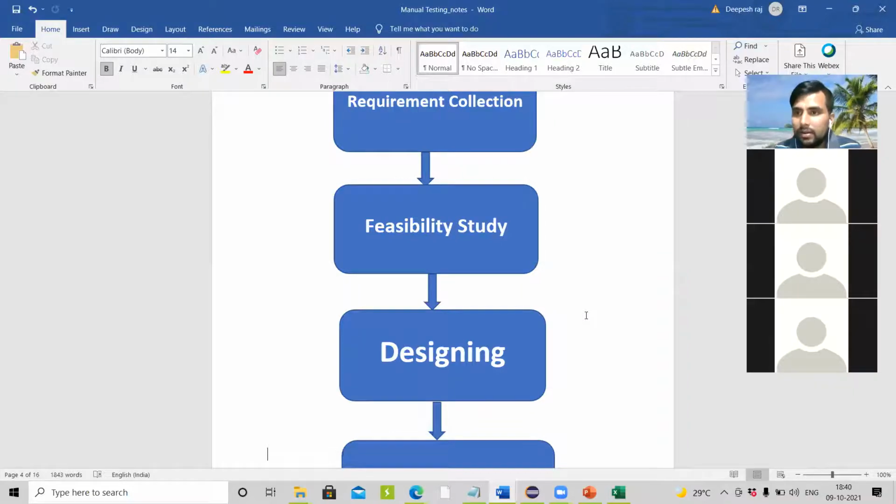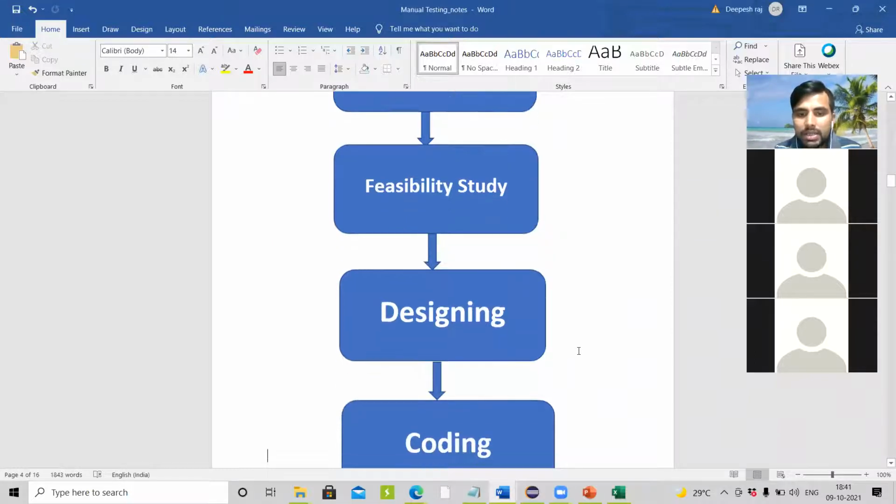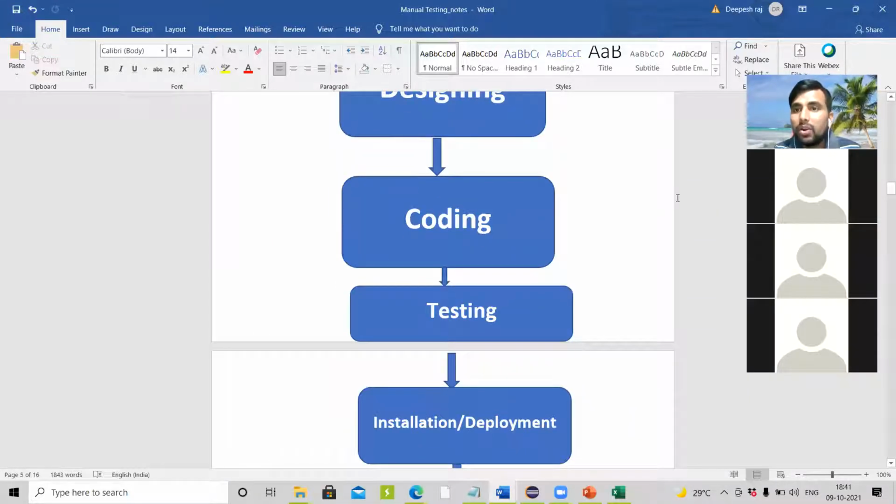Once development is done, once the application is developed, it is handed over to us. Us means what? We are test engineers. So it is handed over to us and we start testing the application. Whenever we find any issue, in testing we call it a bug. There is a difference between an issue and a mistake, and I will explain that later. In testing we call it a bug.